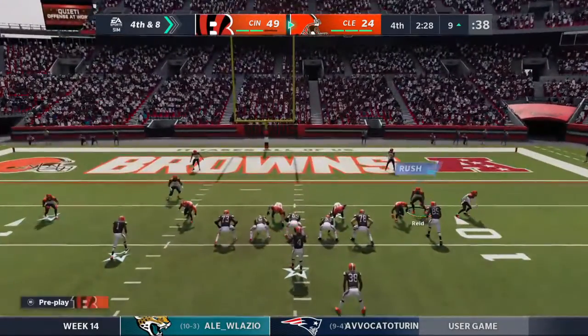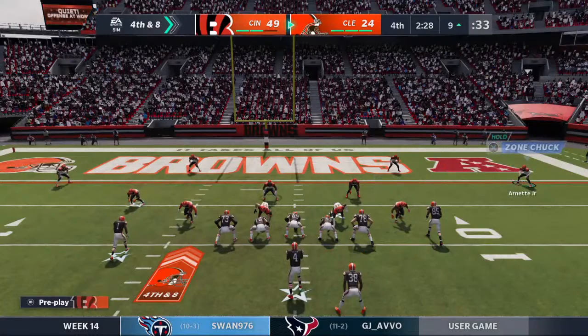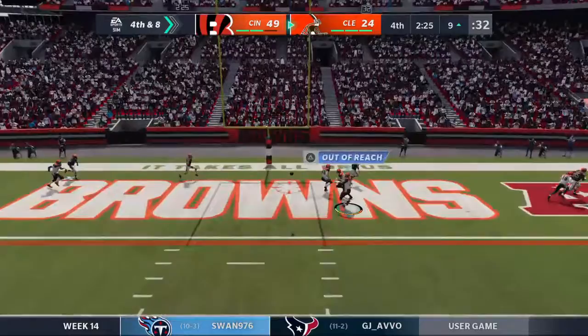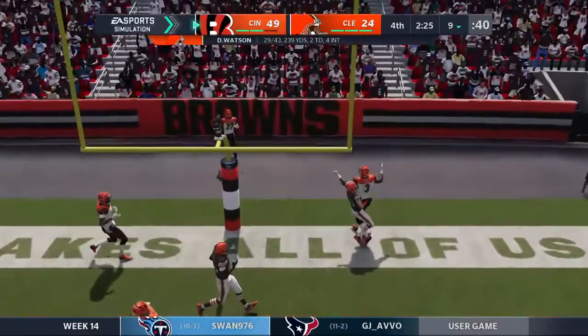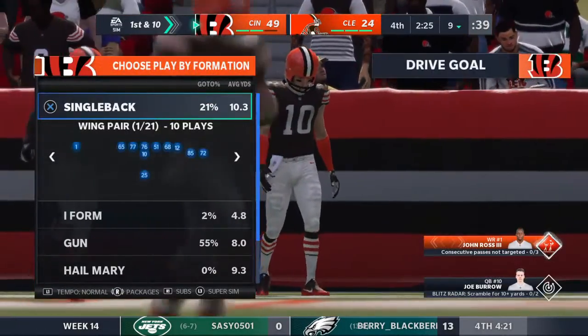The field goal does you no good, so they're going to stay out there and go for it on 4th. They will indeed snap it to Watson. And it is incomplete. They can't hook up here on the 4th down pass attempt, and the Bengals will get